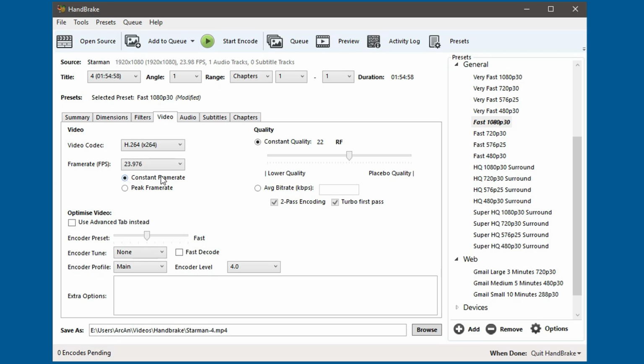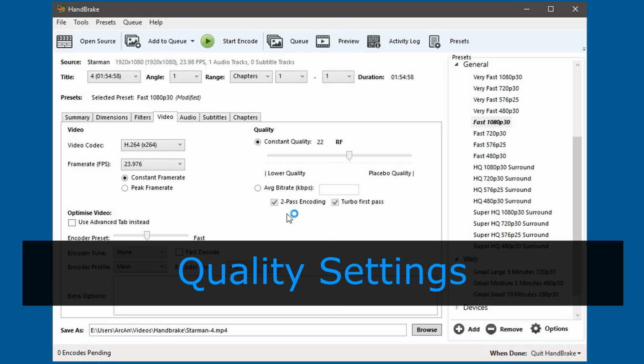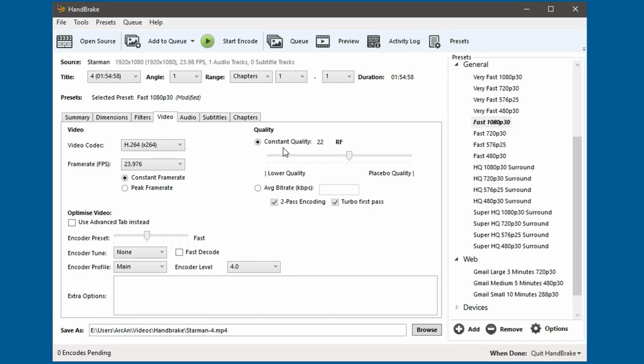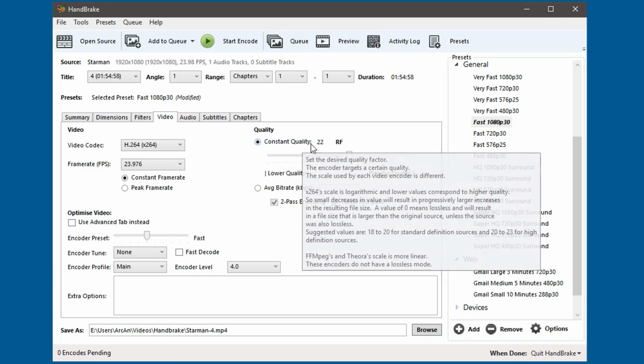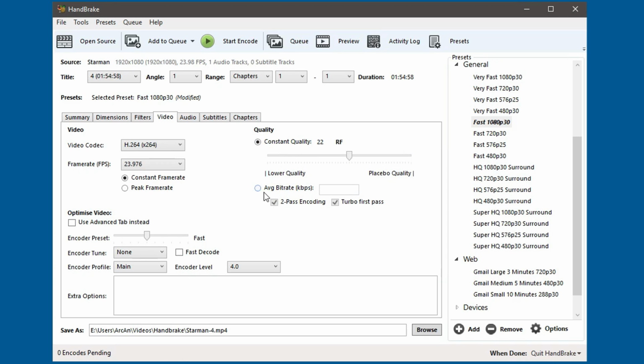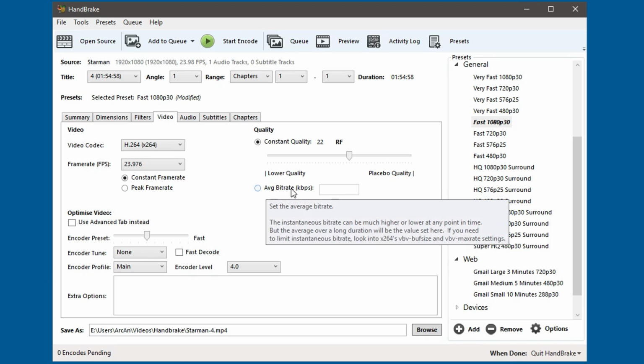Now, just mentioning mobile phone video just briefly, because I'm coming from a Vegas Pro, Vegas Movie Studio perspective, a lot of variable frame rate video doesn't work properly in Vegas. So this is where Handbrake is a great program for first converting it into constant frame rate. Quality settings. So there's two different ways you can encode your video. The preferred method, the one that Handbrake recommends, is using constant quality, or you can use average bit rate.